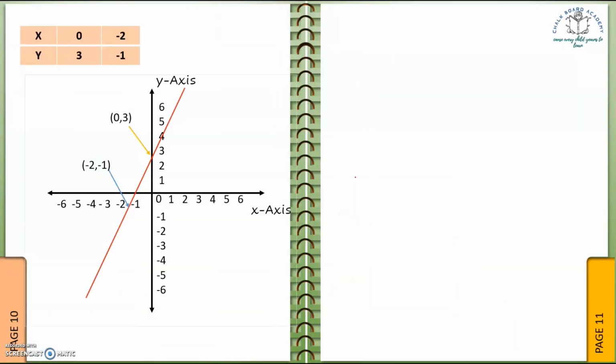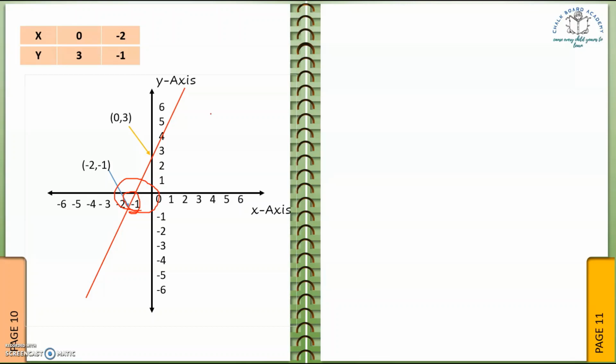So here we plot this on the graph: (0, 0) and (3, ...), and then (-2, 1). Now this is a straight line. Always remember, a linear equation always gives a straight line, so it will only intersect the x-axis once. So this is intersecting the x-axis at only one point, so it has only 1 zero.